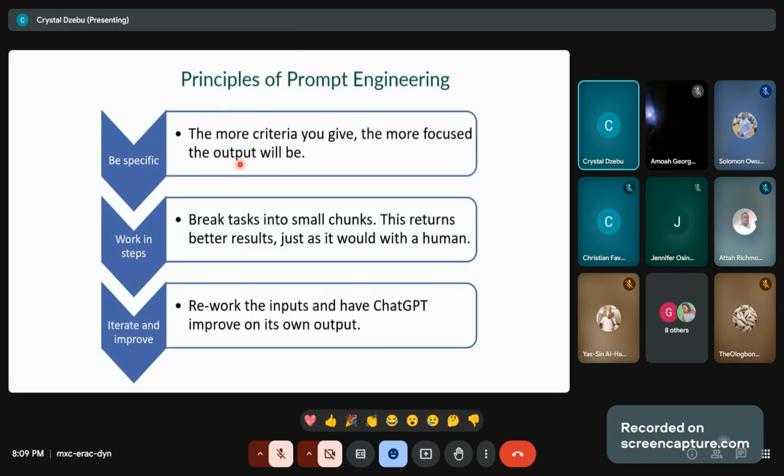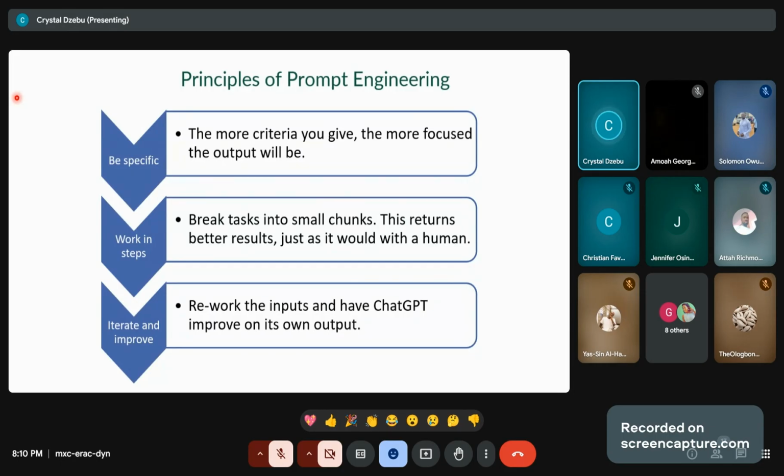So over here, always make sure that you are very specific. Give a very detailed prompt of whatever you want. The next step is that sometimes whatever you want information on is a very big answer.